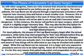For some patients, the lap band can be placed through a laparoscopic procedure which requires less recovery time and leaves a much smaller scar. However, this is not always possible, especially in the case of those who are morbidly obese, because the doctor will not be able to see as well and it becomes more dangerous. In this instance, the doctor will perform an open surgery, which will result in a slightly longer recovery time. This may also be the only option for those who have secondary health concerns, such as heart disease, diabetes and